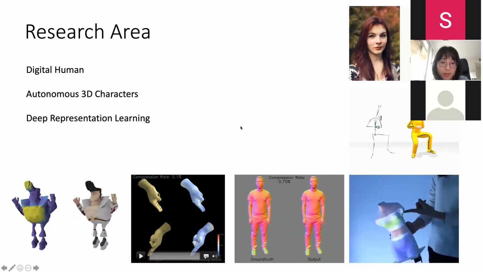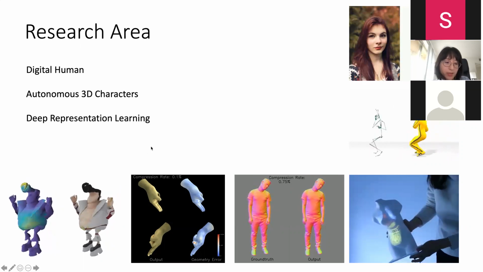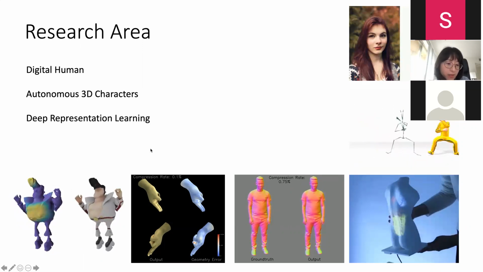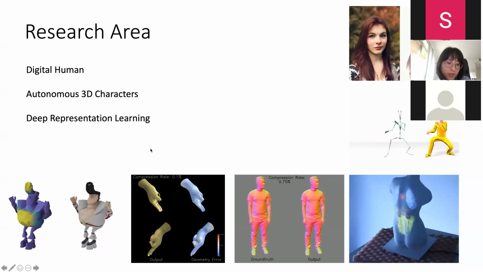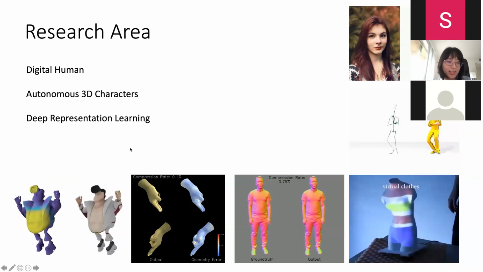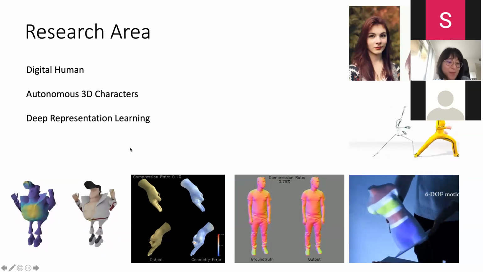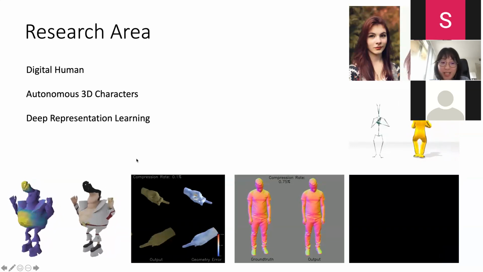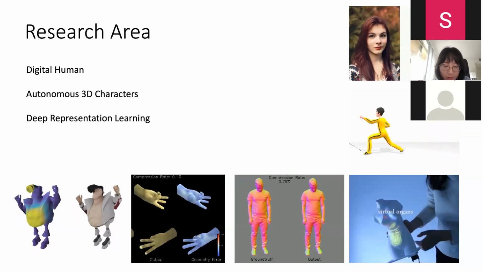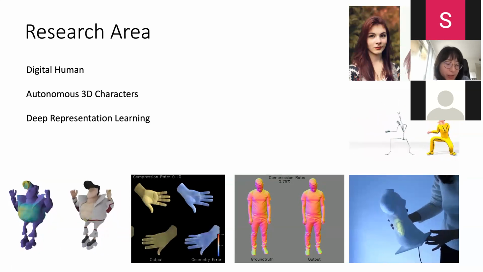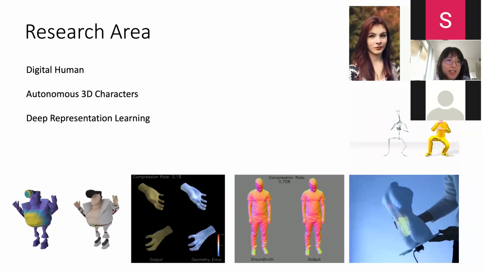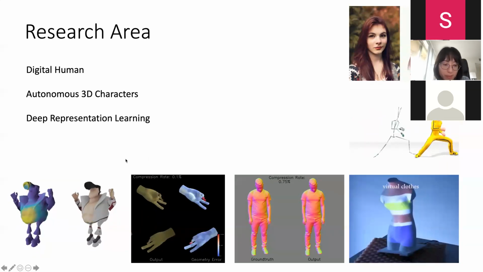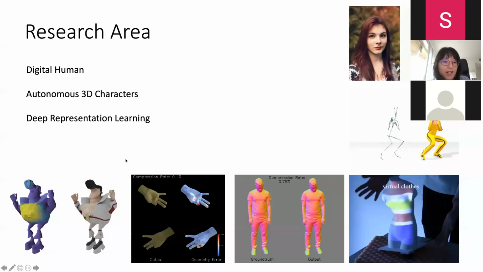And related to that, this one is based on the skinning motion, which is the motion from the skeleton, how to generate the secondary motion, like the bouncing of the hair and the belly on the characters using deep learning, because traditionally people use simulators to generate this kind of secondary motion, but it is very slow and requires heavy computation. But in this work, we try to use deep learning to apply the secondary motion on 3D